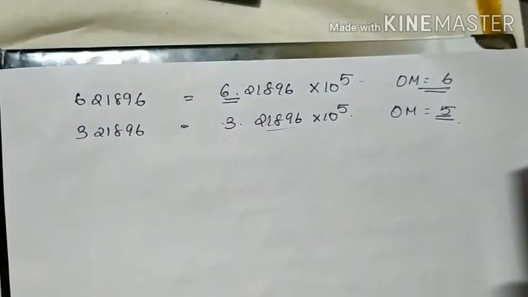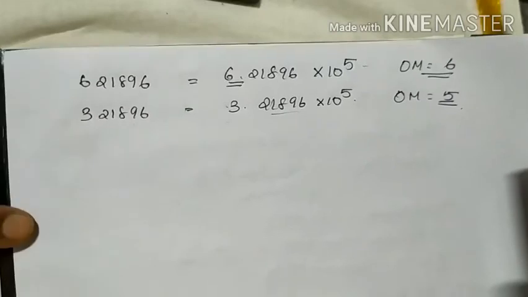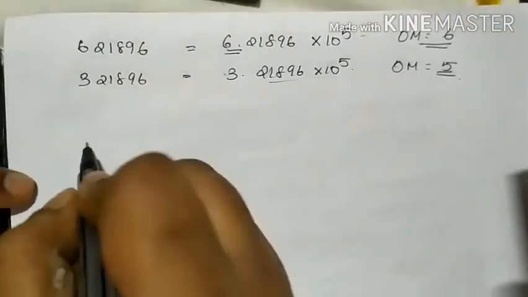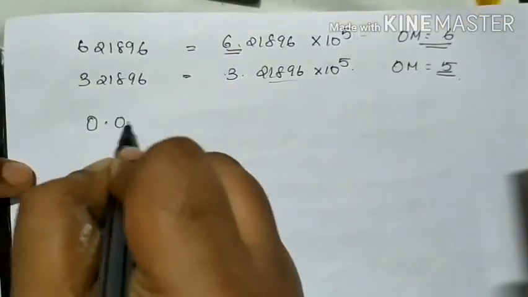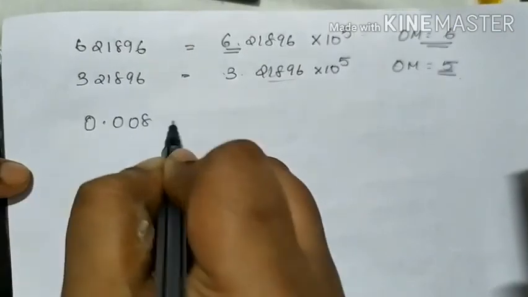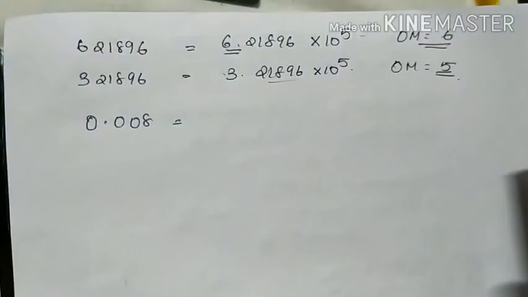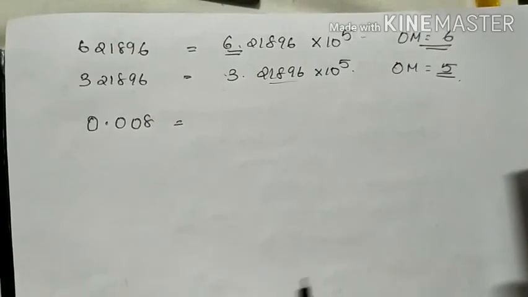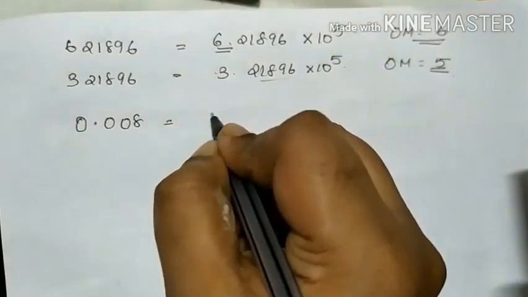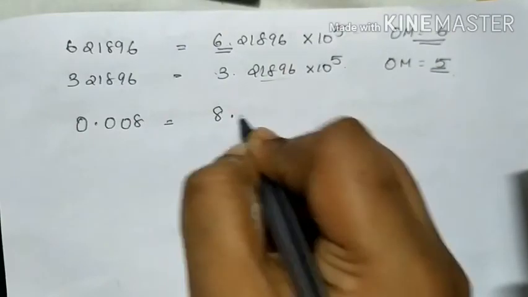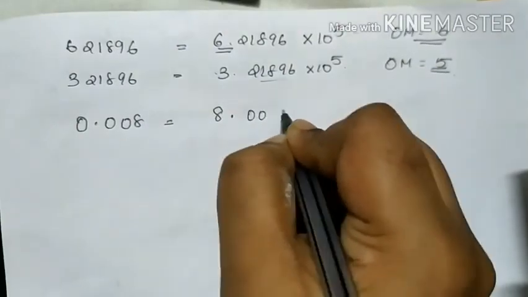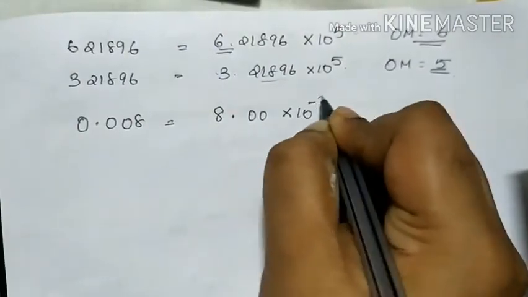Right? Now let's do a googly, as you say in cricket. Suppose you are given a value like this, 0.008. How would you write this one in scientific notation, guys? First, a digit has to be on the left side, right? So I will write it as 8.00 into 10 to the power